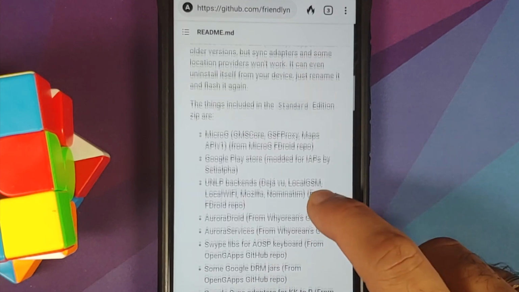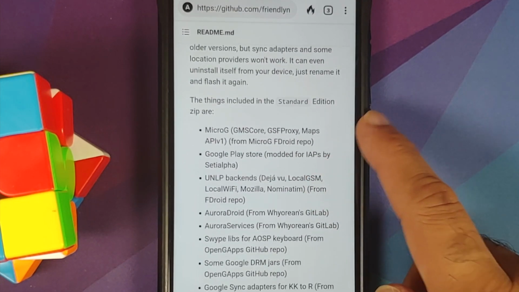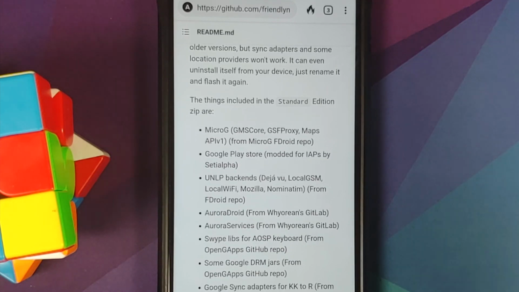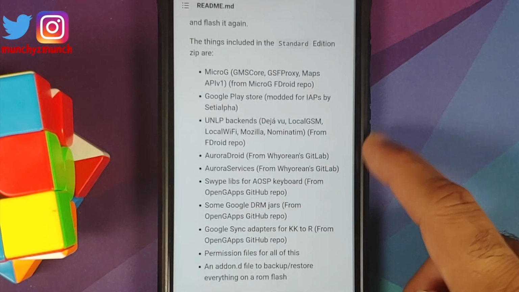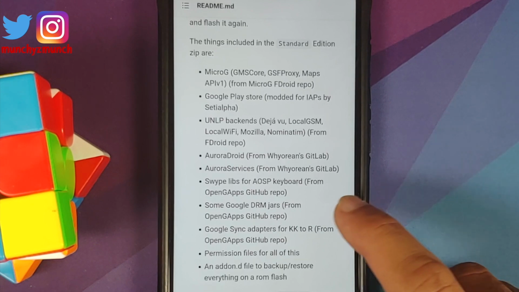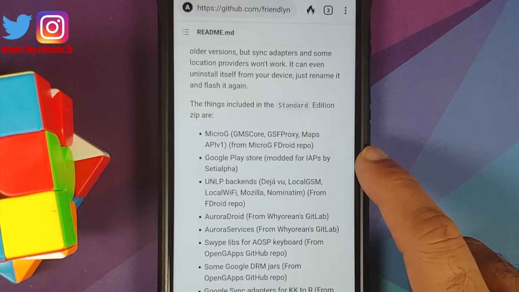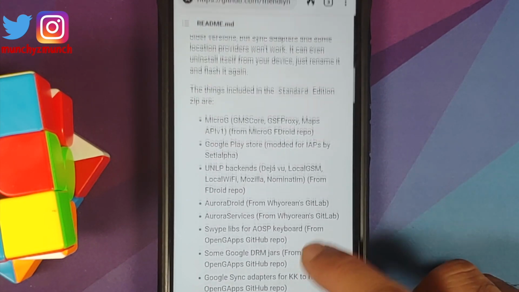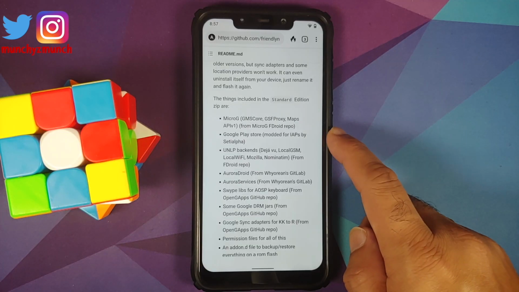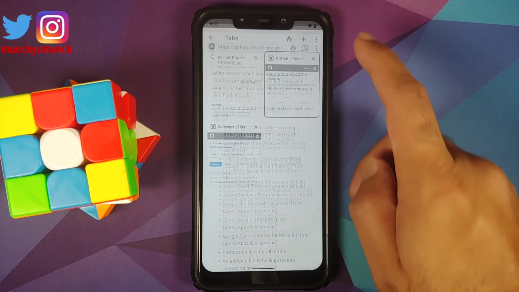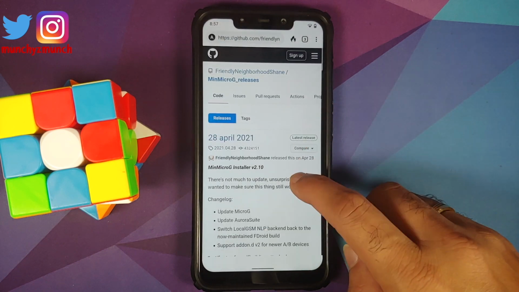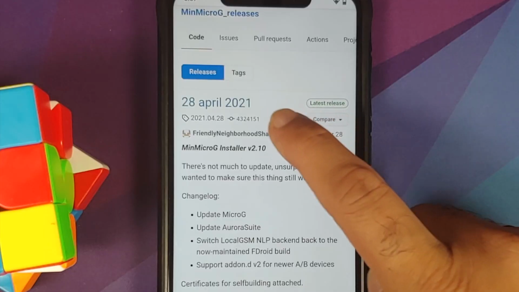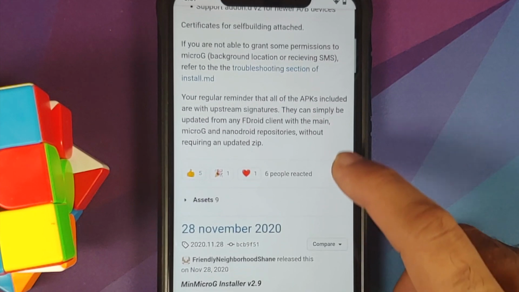I am using the standard edition for the purpose of this video because it has the backend for location, it has the Aurora Droid, and it also has a modified version of Google Play Store which does allow you in-app purchases or IAPs. So next up we will go to the releases page, and this here is the latest release at the time of recording this video.